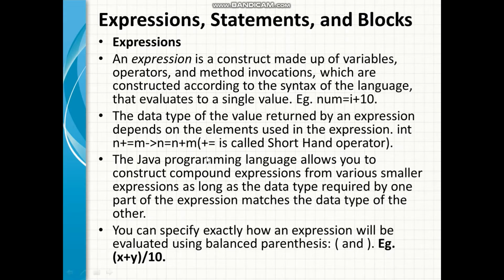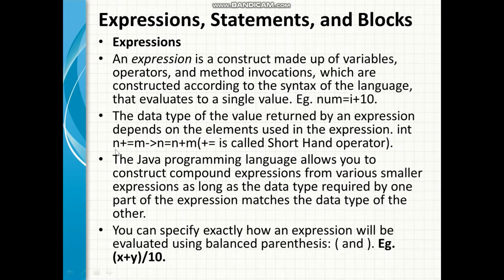One more thing I want to add with operators is the shorthand operator. Plus equal to is called a shorthand operator because n equal to n plus m. We have seen this previously. Here we can add 5 or any number to n, and it keeps adding whatever value we mention.